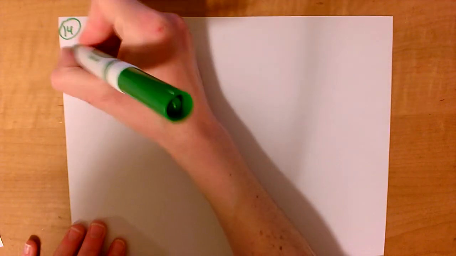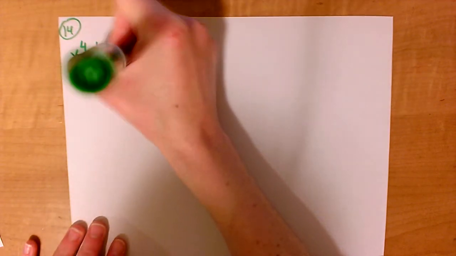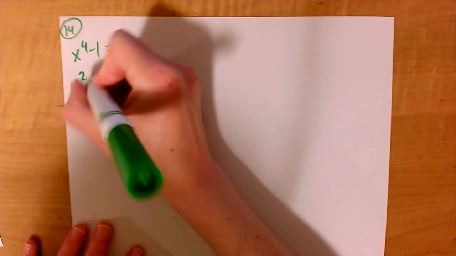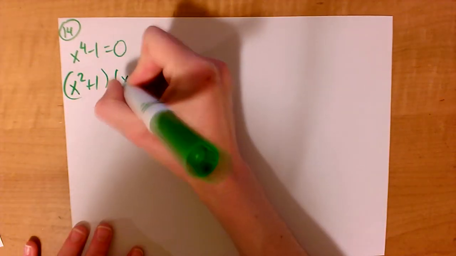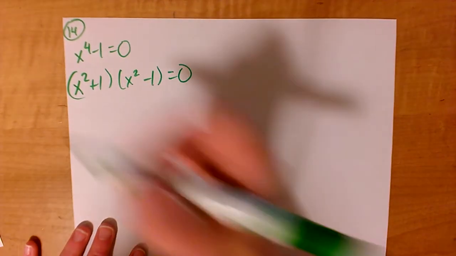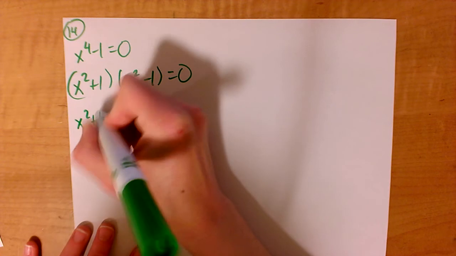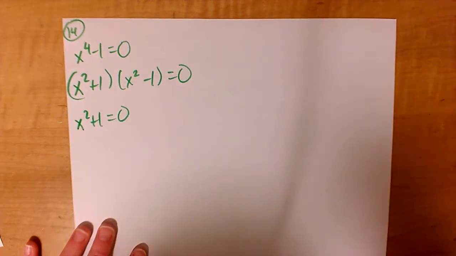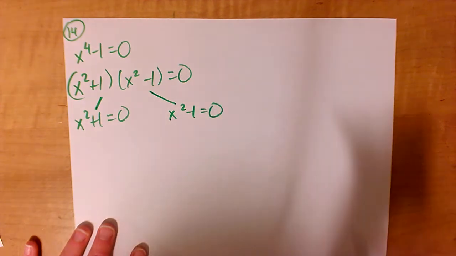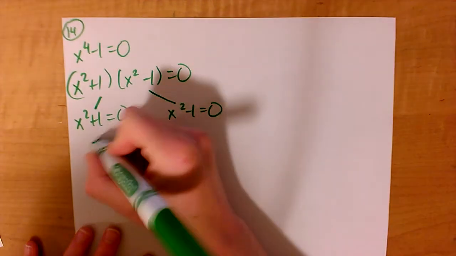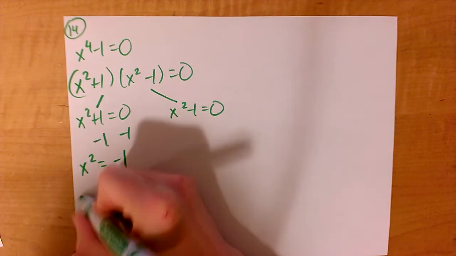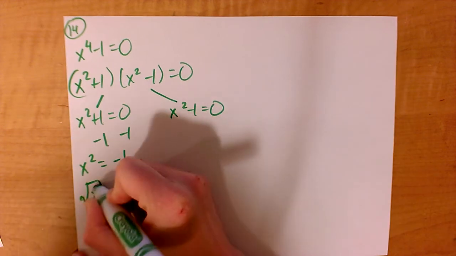So for 14, we have x to the 4th minus 1 is 0. Okay, so factoring this, well, this is going to factor into x squared plus 1, and then x squared minus 1 is 0. So if I try to work with this x squared plus 1 first, I can set that equal to 0, and then I can also take this x squared minus 1 and set that equal to 0. So for x squared plus 1 equals 0, well, I'll subtract 1 from both sides. I get x squared is negative 1. Let's take the square root of both sides,